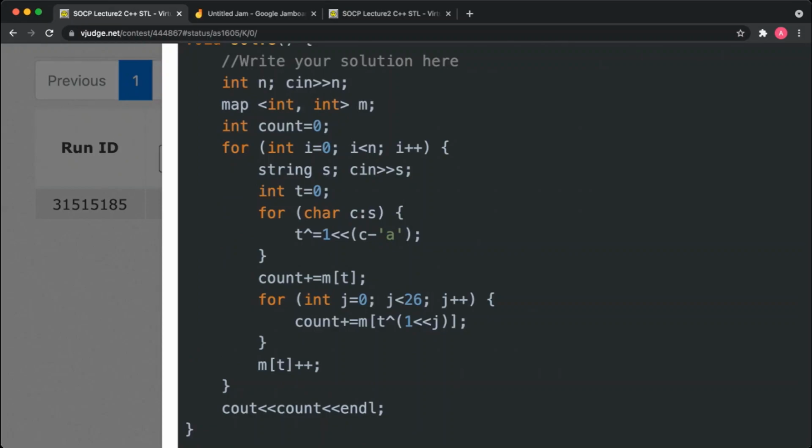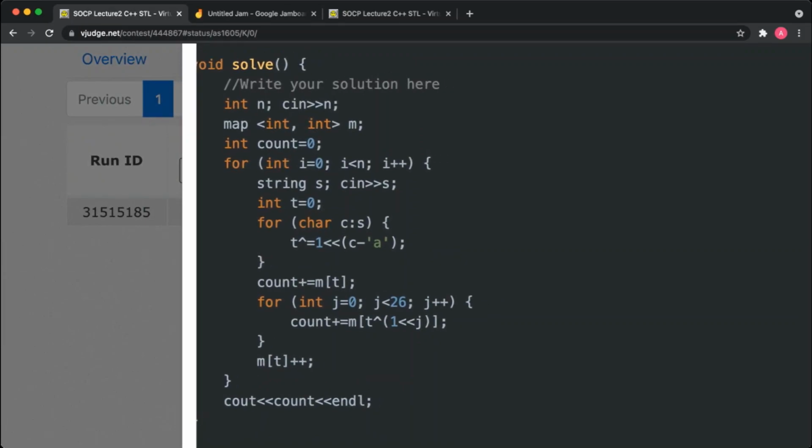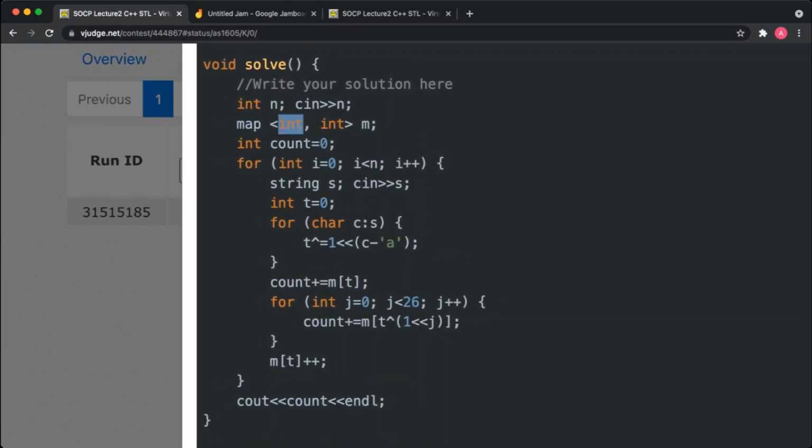I didn't get what the map is doing here. Yeah, so actually the first element is the bit mask here. It's the T. So map of 1 will store the number of strings which have A as odd, that is an odd number of A's.